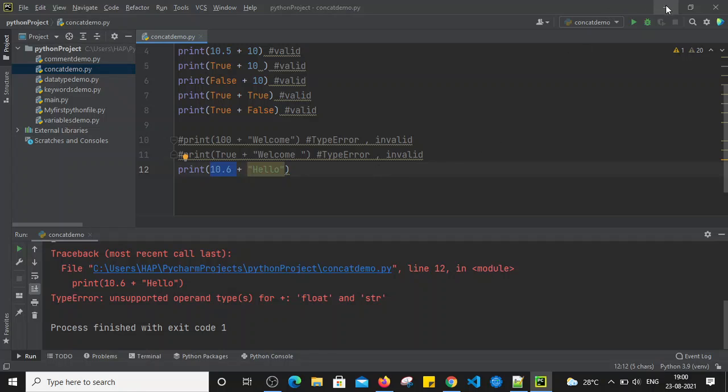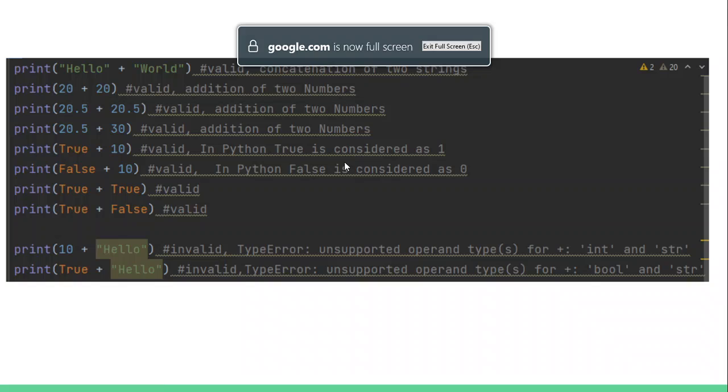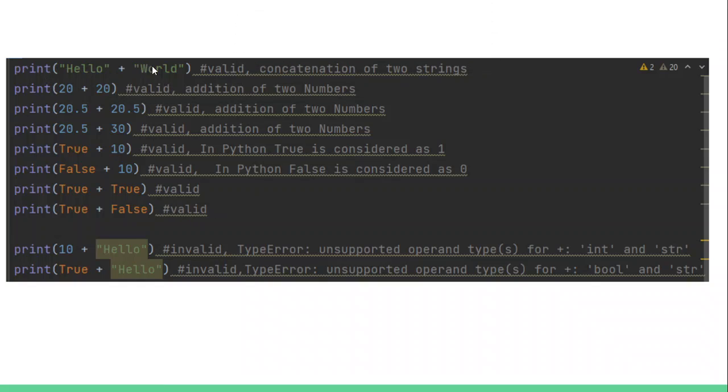So let's go back and revise one more time. Right, so in Python, these are the valid statements. If you try to combine or concatenate a string with a string, that is valid. That is nothing but concatenation of two strings. We can also use the concatenation operator between two numbers, and that will act as an arithmetic operation. It will add those two values. So it will work with two integers, two floats, or one float and one integer, because integers and floats are part of numbers only. So between numbers we can use this plus operator, which will return the value of addition.